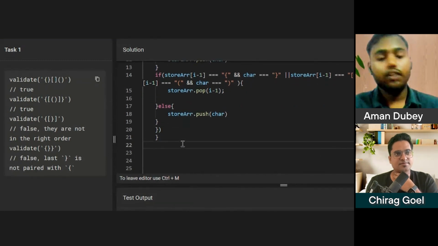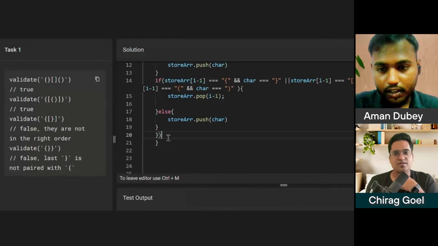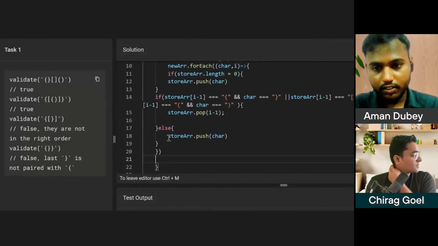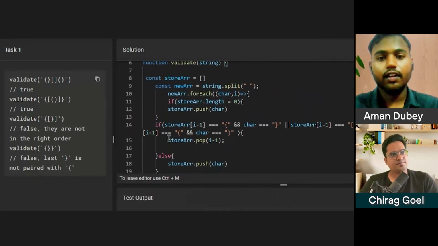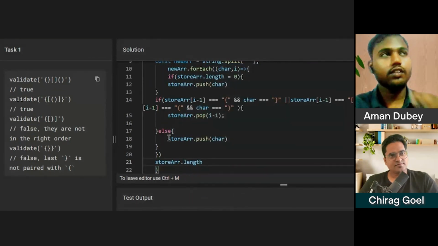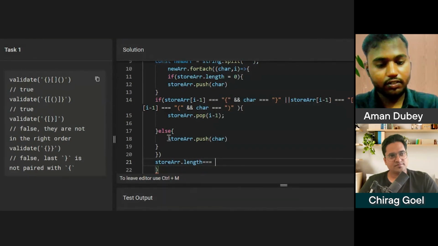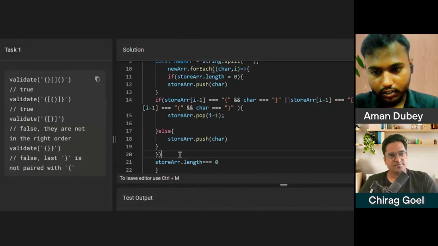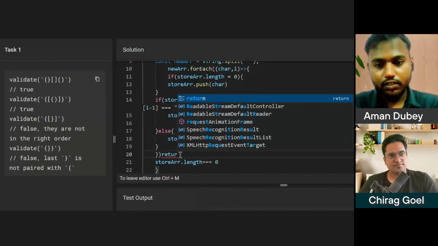Yeah, sorry. Okay, I will check it here. This is the closing for each. Now we'll check the store array. If store array dot length is triple equal to 0, then I have to write if, or I can just return.